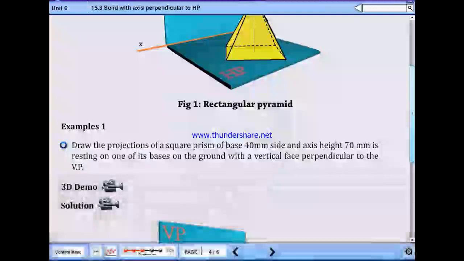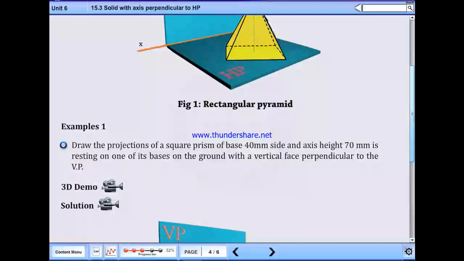Draw example 1. Draw the projections of a square prism of base 40 mm side and axis height 70 mm, resting on one of its bases on the ground with a vertical face perpendicular to the vertical plane.